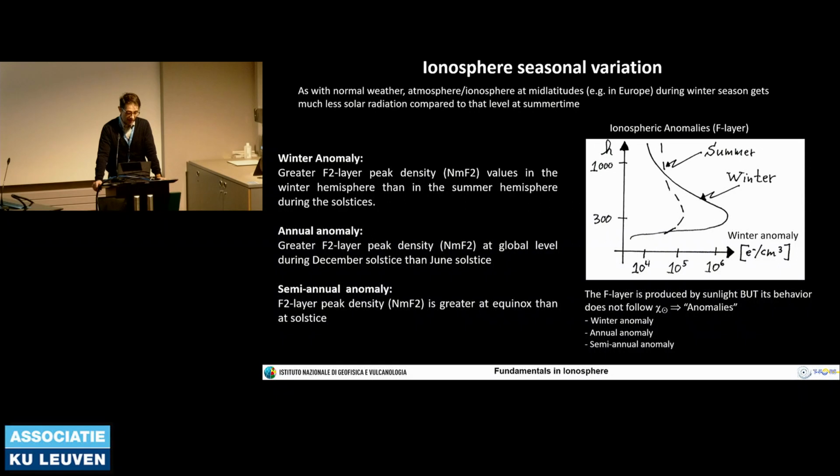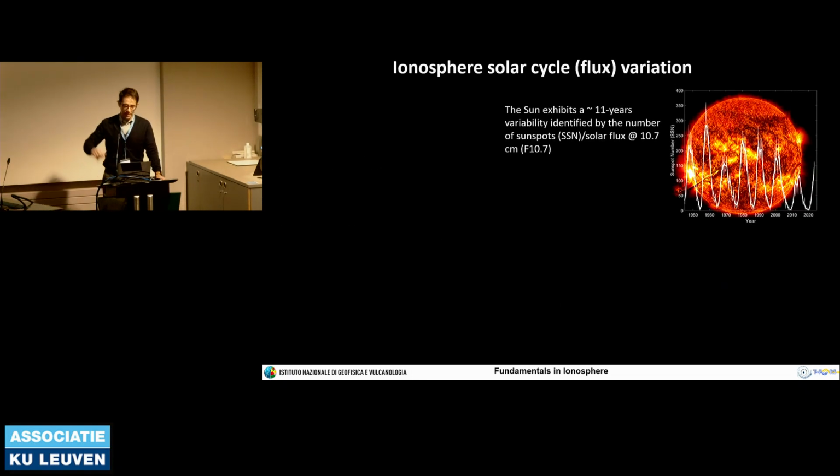In the annual anomaly, you have a greater F2 layer peak density at global level during December solstice than June solstice. And the semi-annual anomaly is that the F2 layer peak density is greater at the equinox than at the solstice. Another important part is that